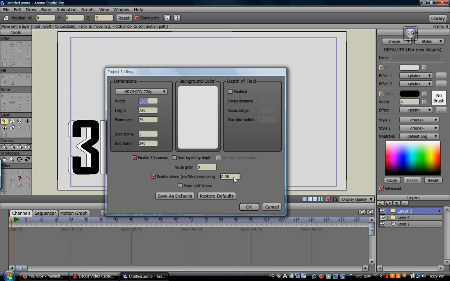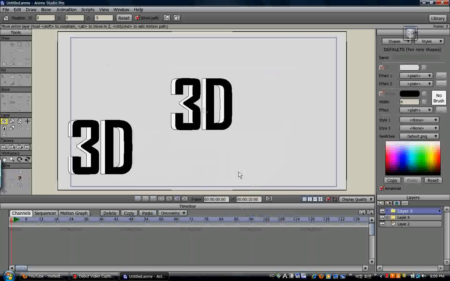It says 0.8. Again, you've got to experiment with this. These are always different in each scene, so you've got to do it by yourself. But for me, I found 0.8 and 0.5 the best. So I'm going to put 0.5 right now. And right now I have these two images, and